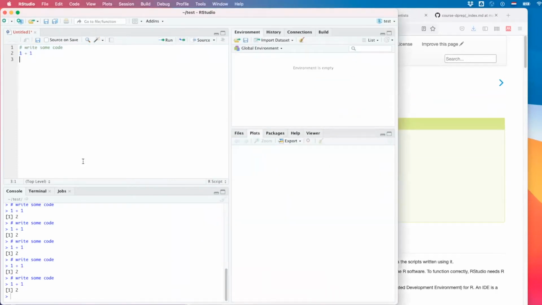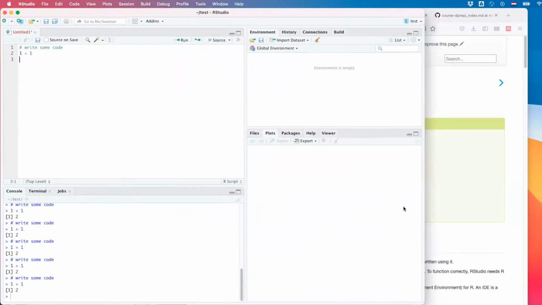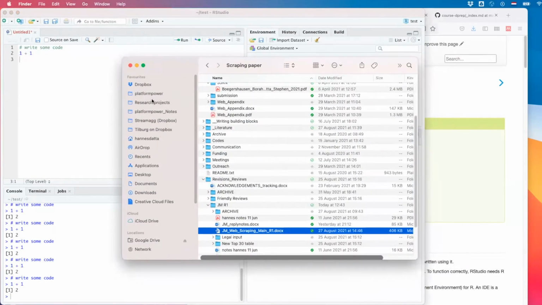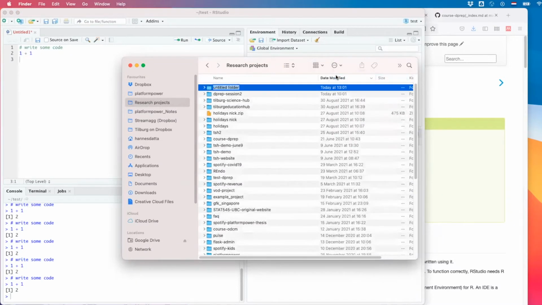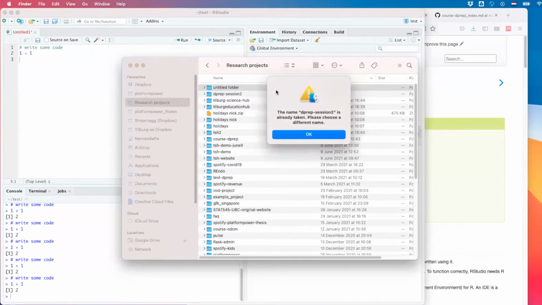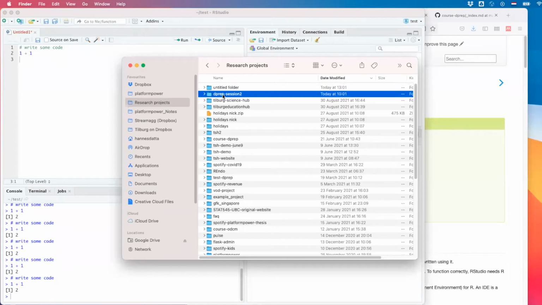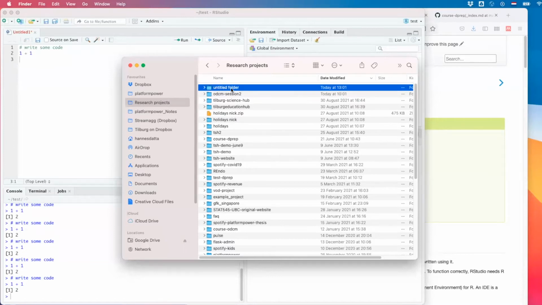So I was about to give you the tour on how to get started. How I get started when I work on new projects is that I create a new directory. So on my computer, I would go to research projects, and I would just create dPrep session 2. Actually, I already have this folder because today's session was ODCM. It was not mislabeled the folder. So dPrep session 2. All right, I can enter this folder.